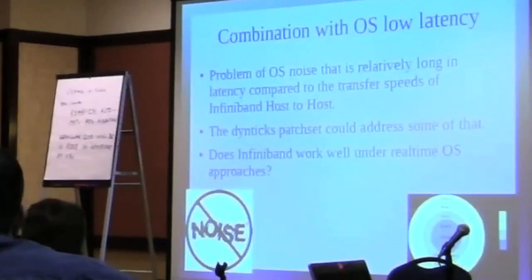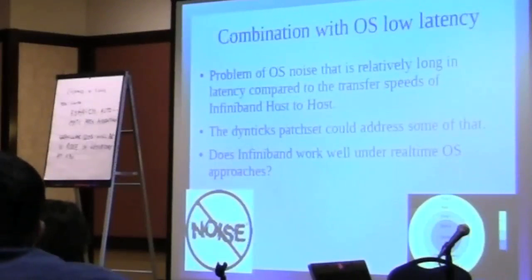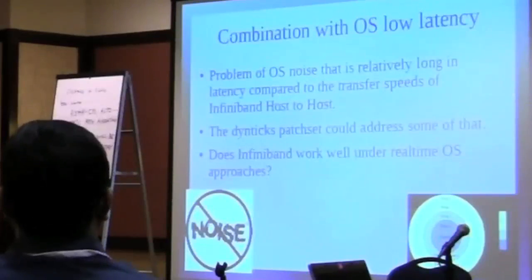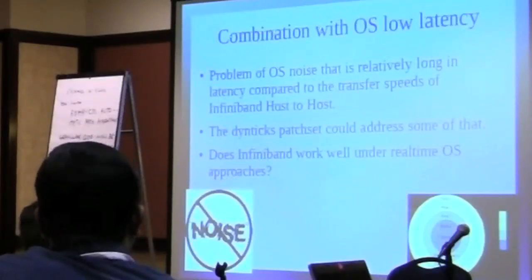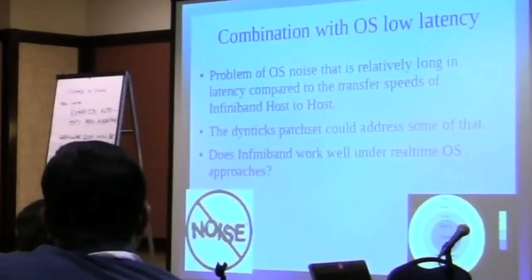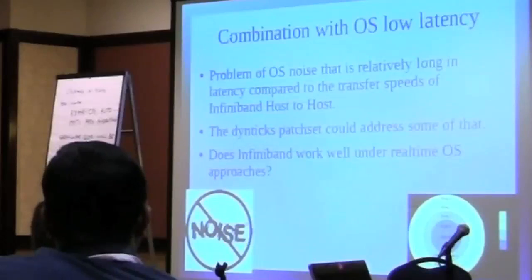So now, another problem that we face, given that these transfer latencies are so low, as the latest Mellanox NICs go below 1 microsecond for transfer host to host, is that the OS events that occur are often much larger than that. So now we have a different challenge here, that any of our communication can be disrupted by an outright long event by the OS. So now we need other components to be merged into the kernel that reduce these issues.